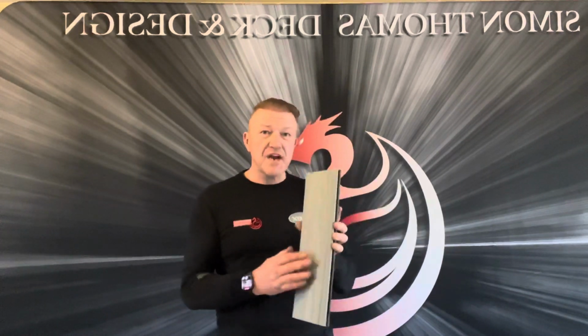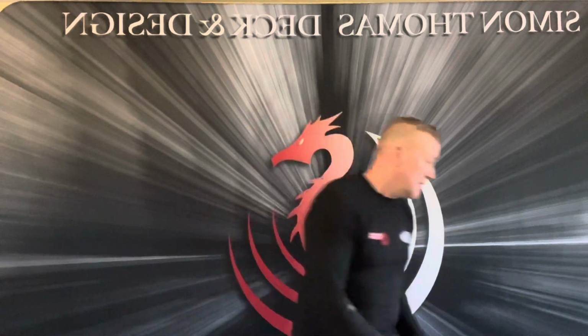On the dark colours, dusty footprints show up quite easily. It marks quite easily too, but so does every other board except Transcend. For the money, this is the best composite deck board you can buy, and there's a variety of colours in this range. So I'm going to show you